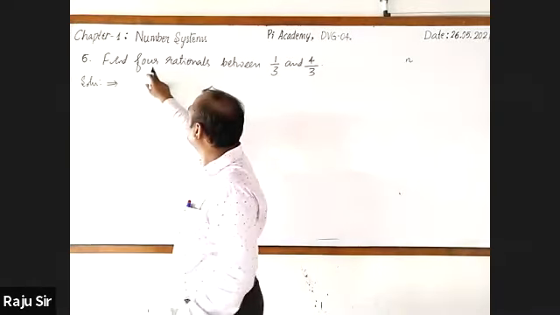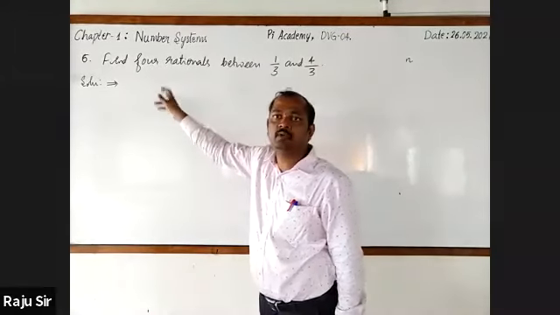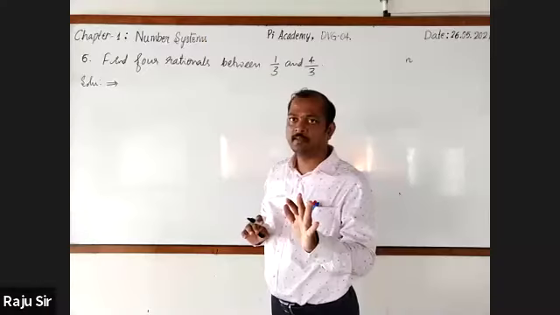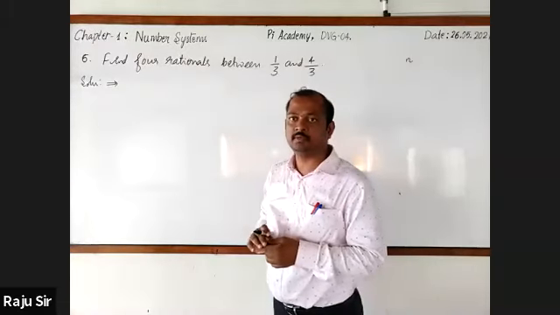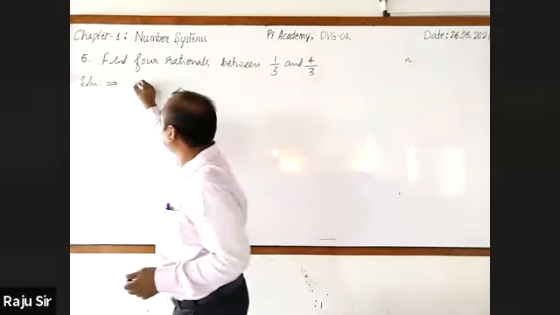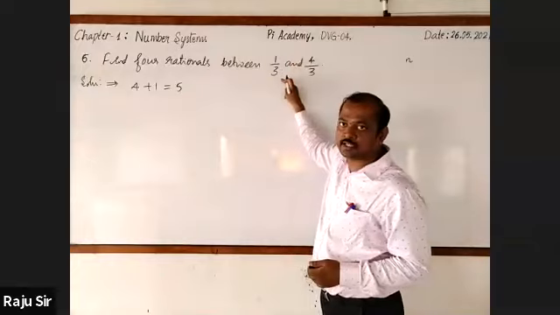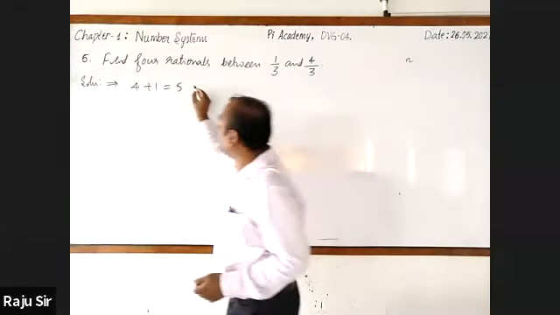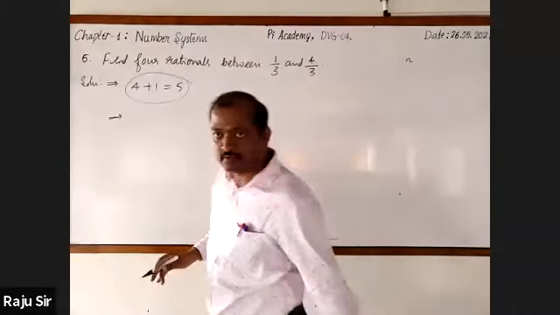Observe. Here you are going to find 4. You may add 1 to 4. 4 plus 1, it will be 5. Clear? Please don't copy. First understand the explanation I have been giving. When the denominator terms are the same, you may go for this method: 4 plus 1 is equal to 5, multiply that 5 to the numerator as well as the denominator. Or else, other than that, you can also write like this.